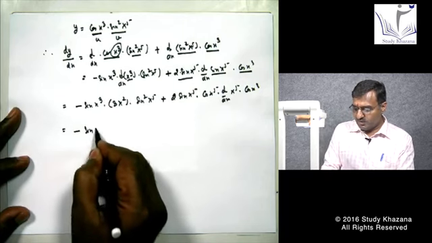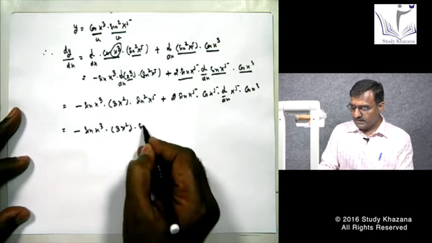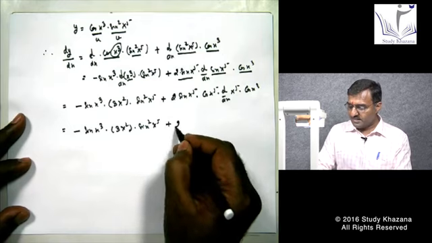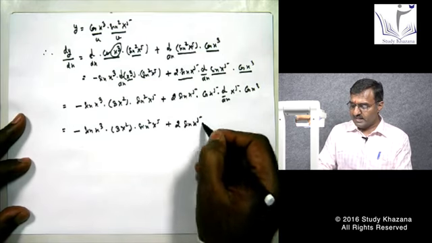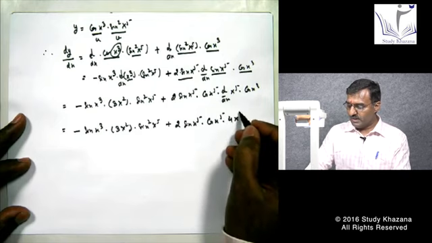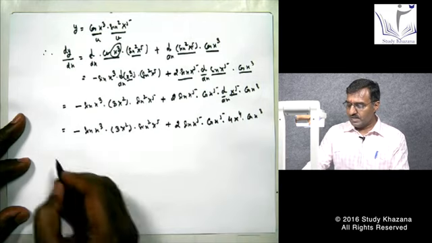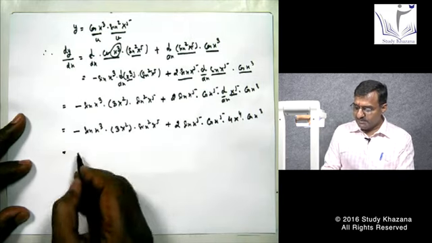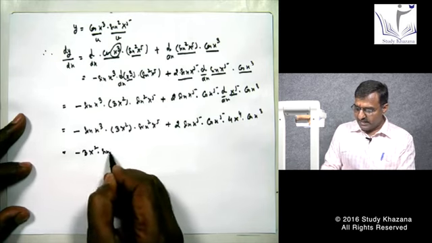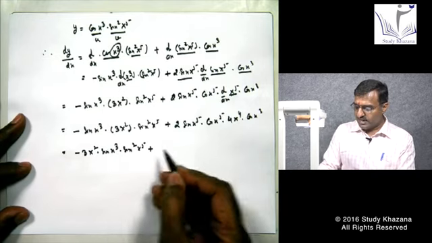Now here I can write minus sin x³ into 3x² into sin² x⁵ plus 2 sin x⁵ dot cos x⁵ dot 4x⁴, because it is the derivative of x⁵, into cos x³. So here the same can be rewritten like this: minus 3x² into sin x³ into sin² x⁵